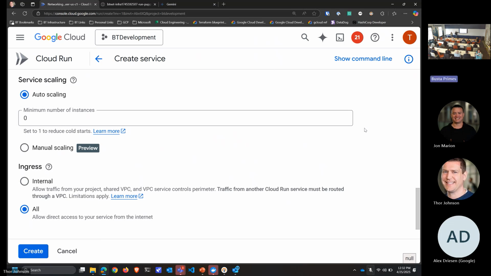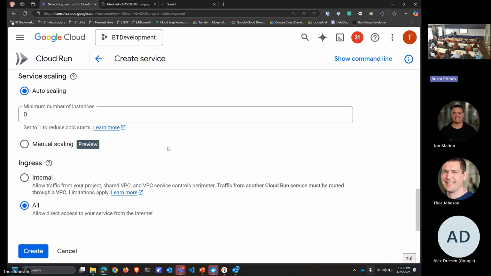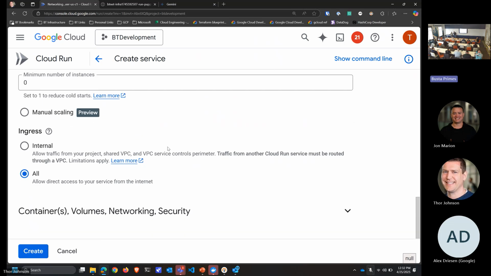But internal traffic only or all traffic: when you do internal traffic, you can actually do internal traffic with external load balancers. So say, okay, I only have to come through a Google load balancer, or it can go directly to the URL that we'll show you when it's done, internally, or an internal load balancer, or you can do all. And that's the same for any type of setting. All of those settings, like I said, you can do in YAML. Manual auto scaling is new. You can read about the use cases there, or I can talk to you later about it.